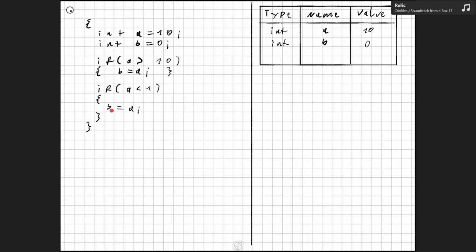And then we set B to A. So now we have two separate ifs next to each other. Each checks its own condition, and both result in the same code being executed. And what I did here, out of habit, is a special rule you can apply